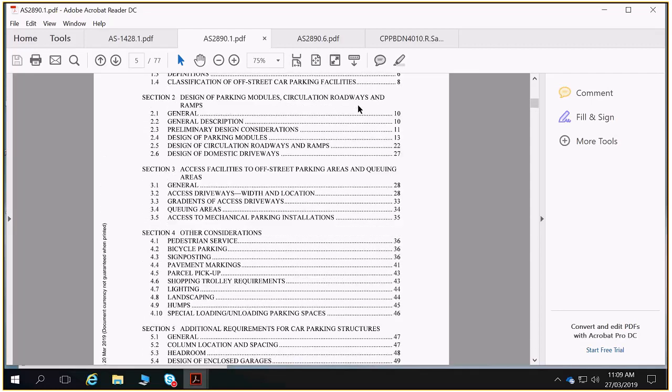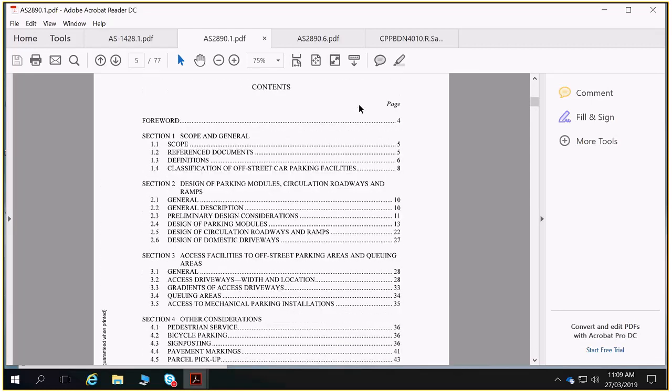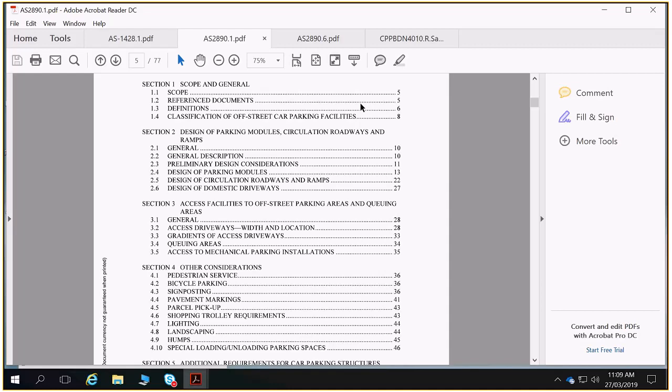It's on page 3, I think. Yeah. So preliminary design considerations, page 11, then design of parking modules, 13, and then circulation of roadways and ramps, 22. So we'll go to